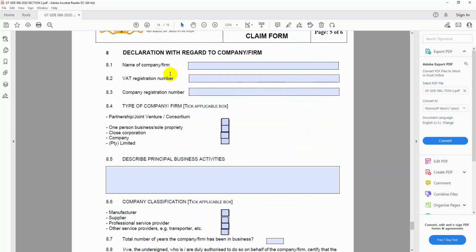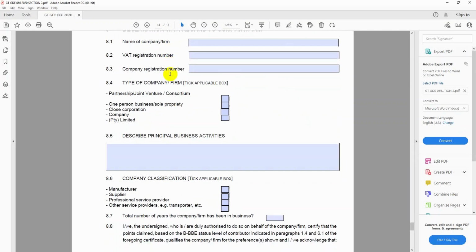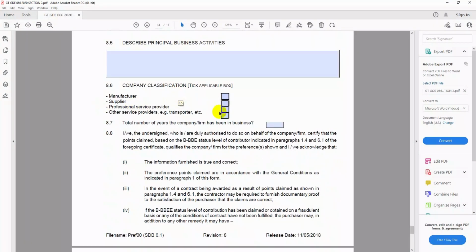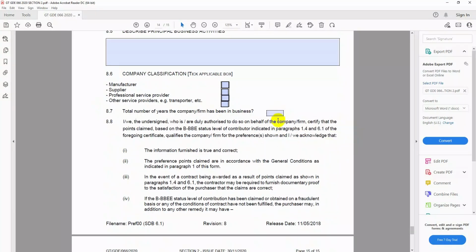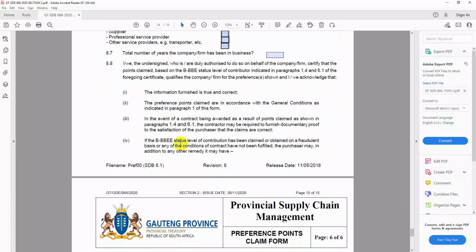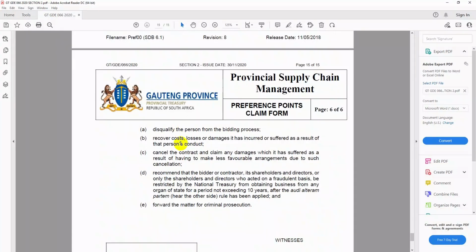So here is just the declaration where you put your company VAT and company registration number, the business activities that your company does, whether you are a supplier, manufacturer and so on, and the total number of years the company has been in business. You declare that the information you have given to us is true and the truth only, and if the information is wrong,